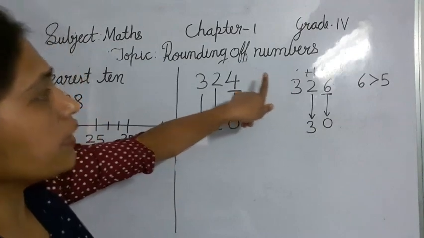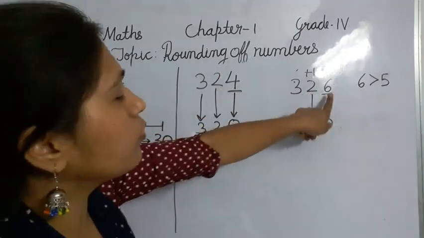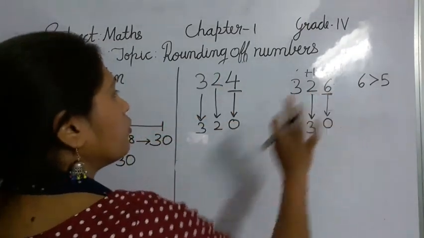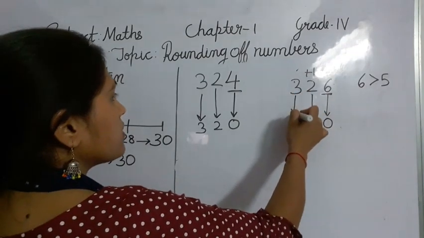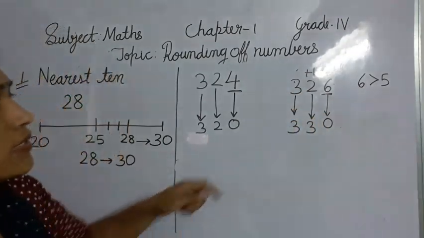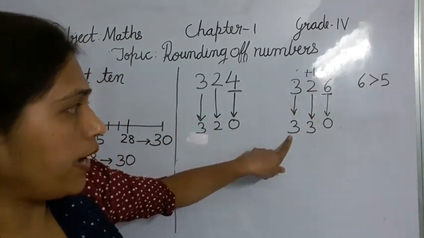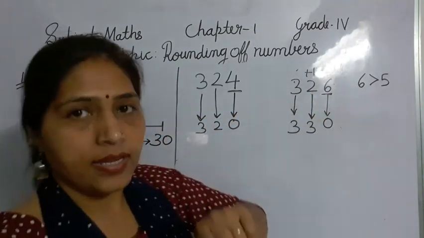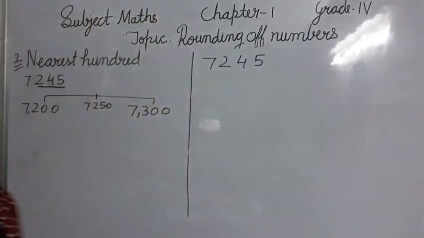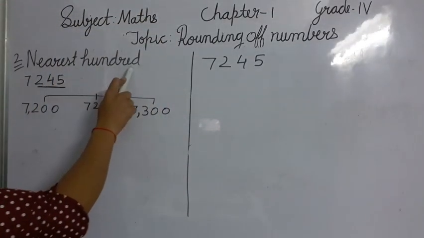Maybe it is 1000, 10,000. Okay, only the 2-digit will work, on the 2 digit. So the rest will be the same. So we can say that when we round off 326 to the nearest 10, we'll get 330. Clear? So let's round off the number to the nearest 100.